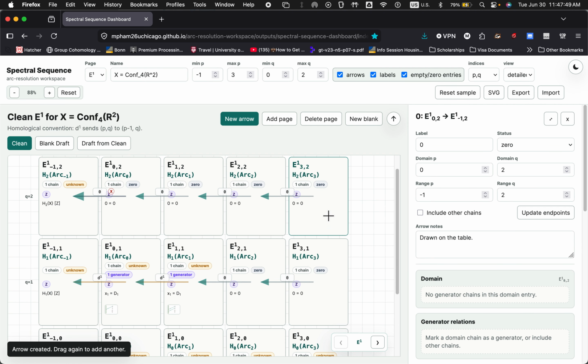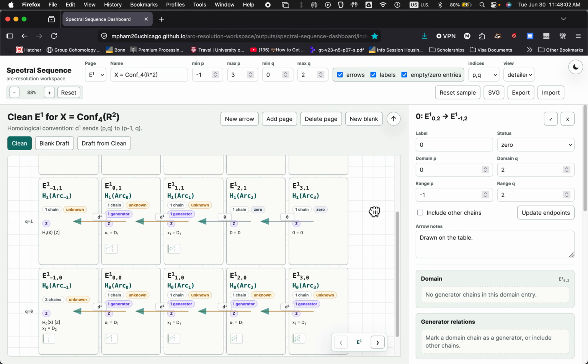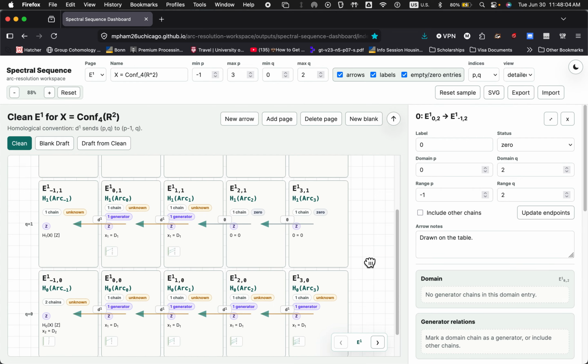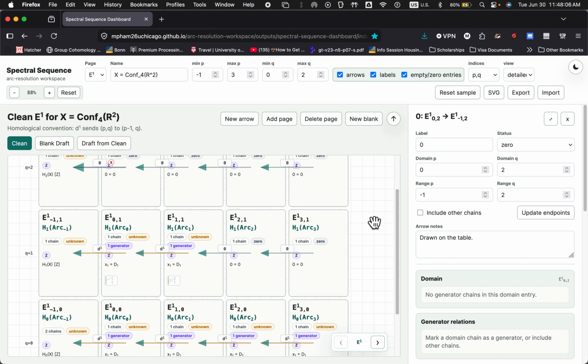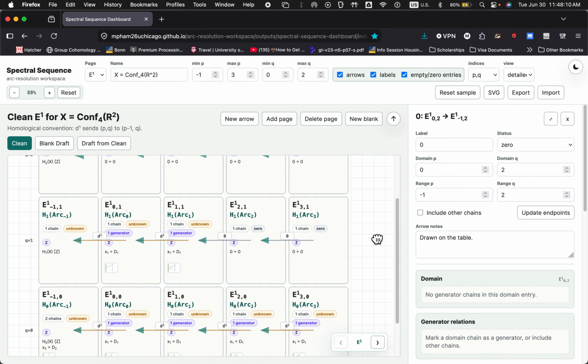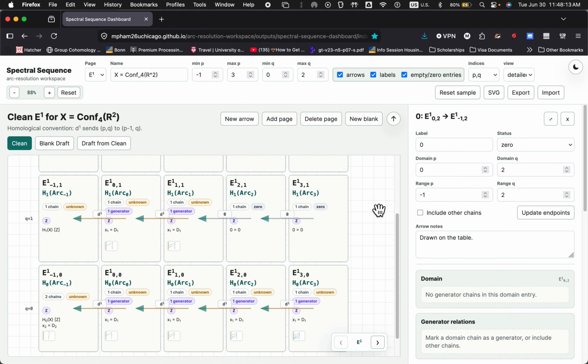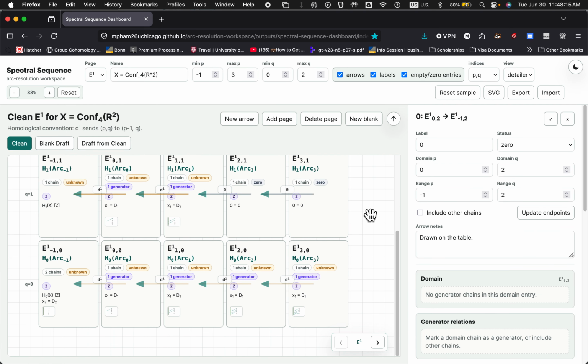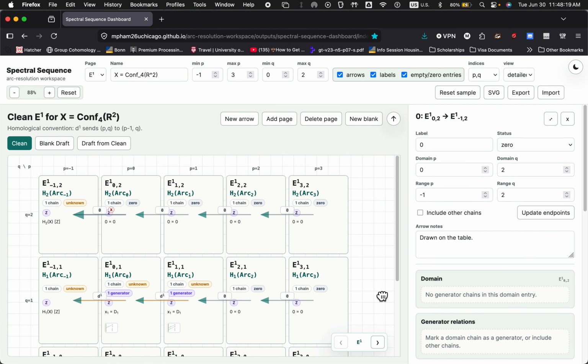And notice, if an arrow begins from an entry with all zeros, or it ends at an entry with all zeros, the arrow is automatically named 0. So now that we have done that, let's compute some. Okay, so now that we have added the arrows, we can go ahead and start figuring out what the arrows